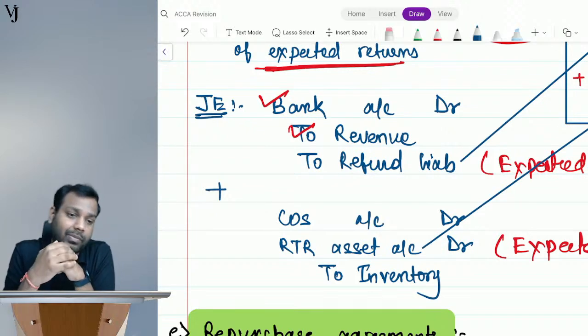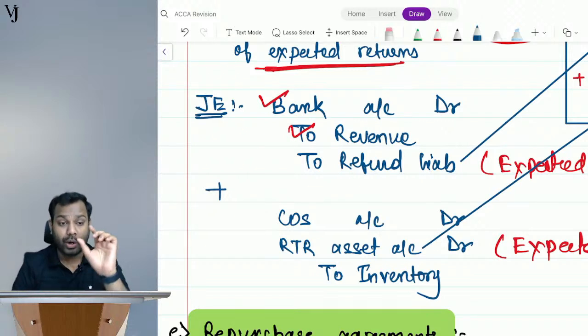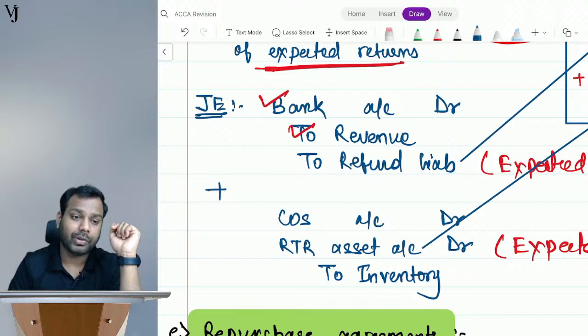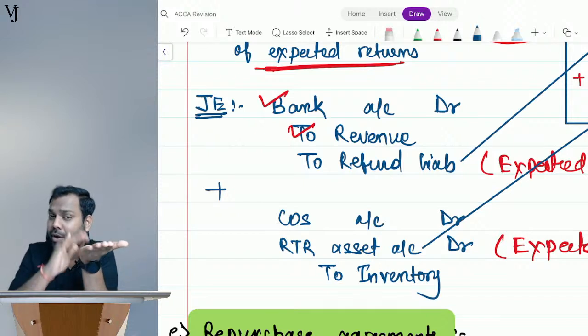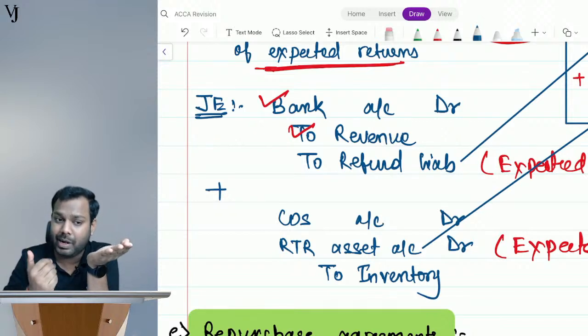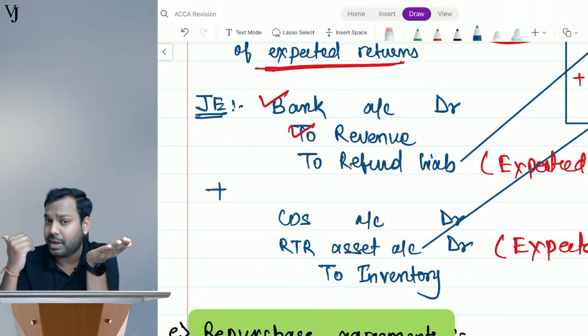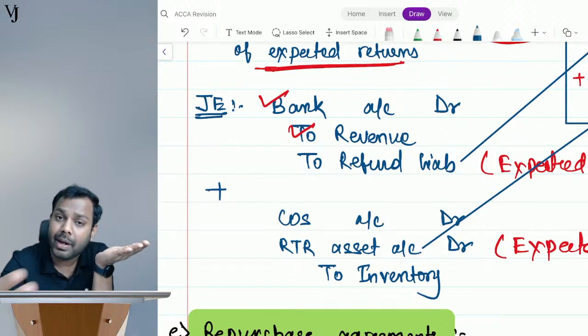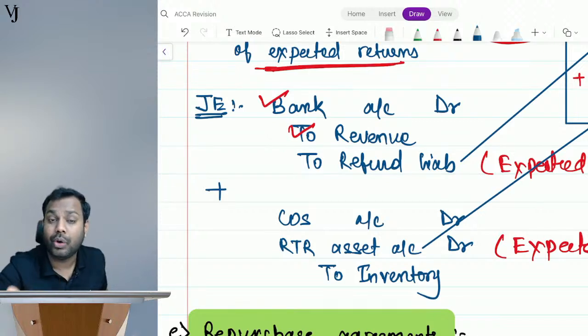And you will not use the asset. Tell me, what is it called as? Loan. Wonderful answer, Yogesh. It's a loan. Basically, when I sold the asset, I received the money, $100. When I am repurchasing it in the future after 1 year, I will give you 110 and take the asset back. So now I am receiving 100 and then I will pay 110. So it's a loan agreement.